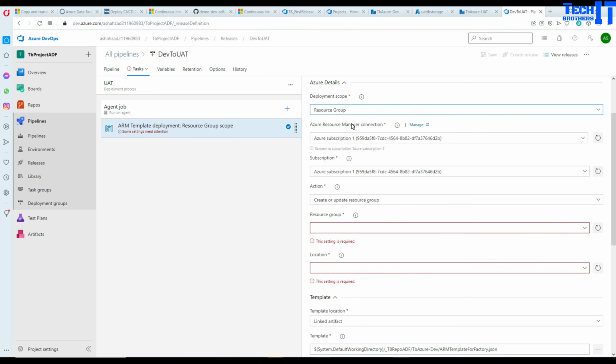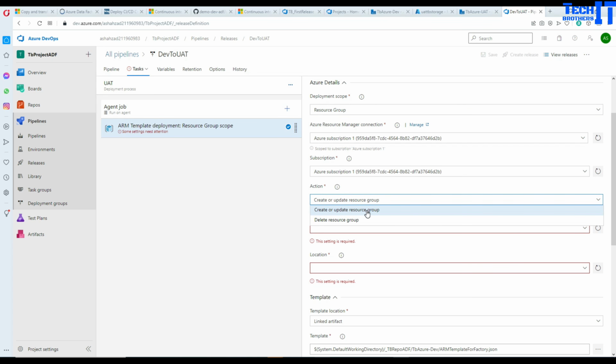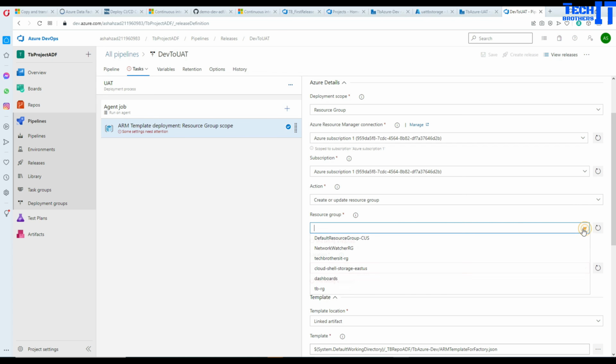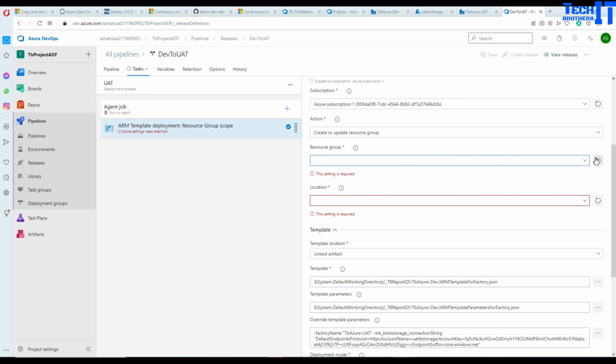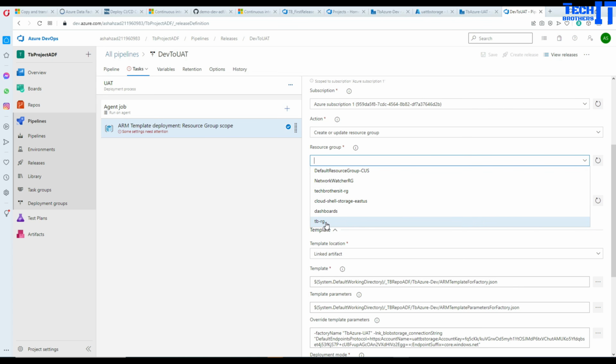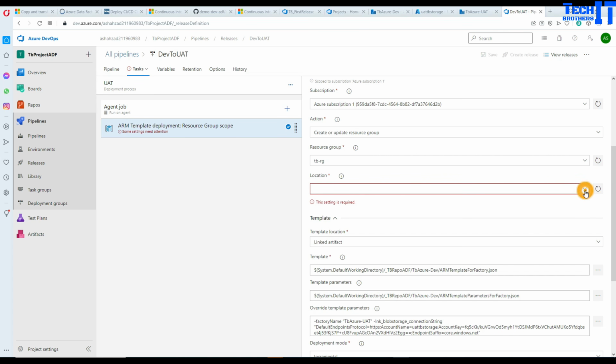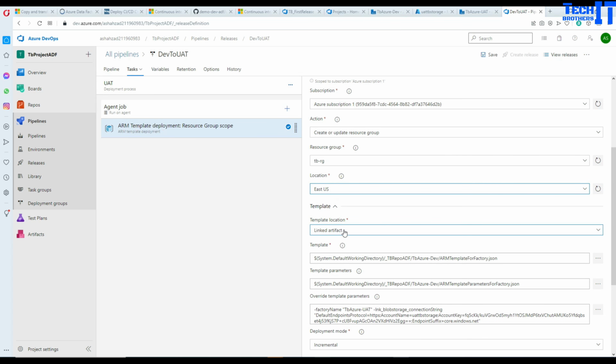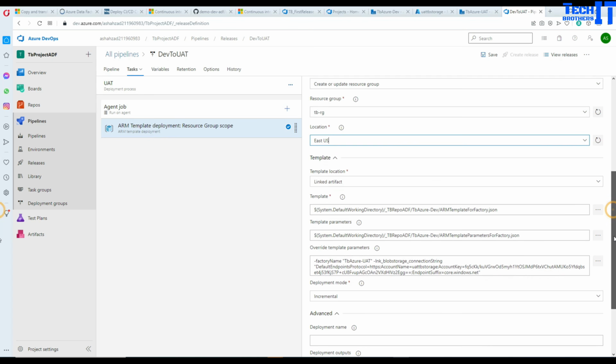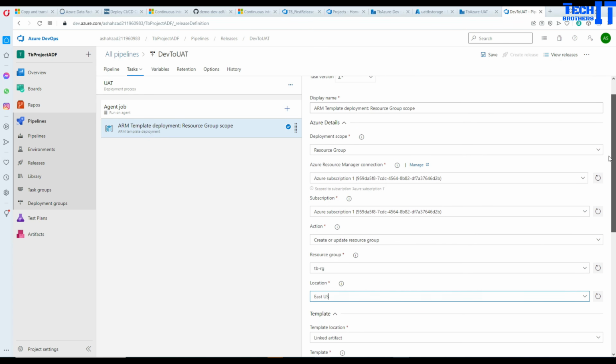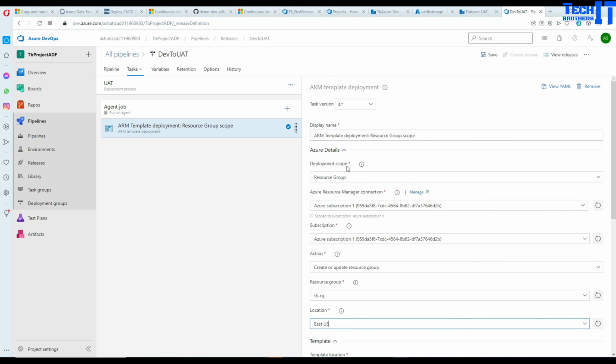me for the Azure resource. Yeah, that's your subscription. Yes, that's my subscription. And create or update resource group, and that's the resource group, and I'm going to select the resource group. Okay, so now we have the resource group, TBRG, and location East US. Okay, so the rest of everything looks fine to us, so I believe that's where a deployment scope should